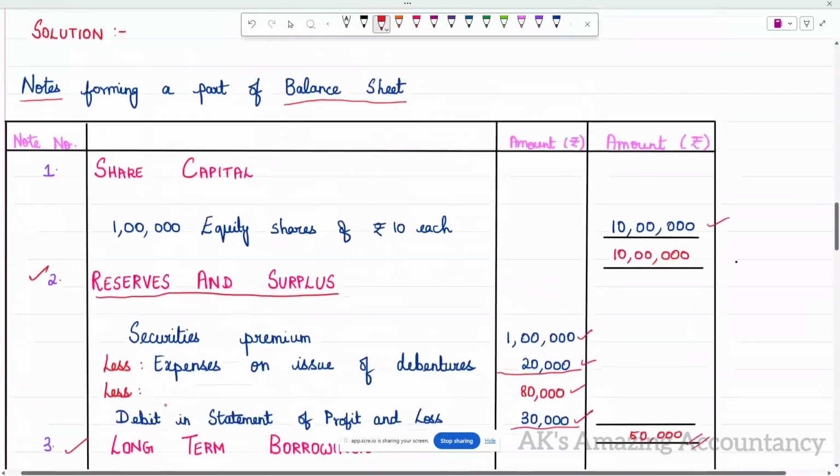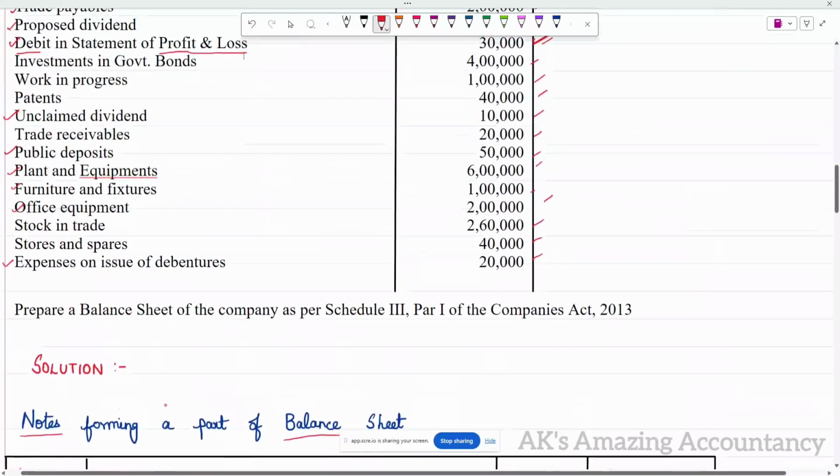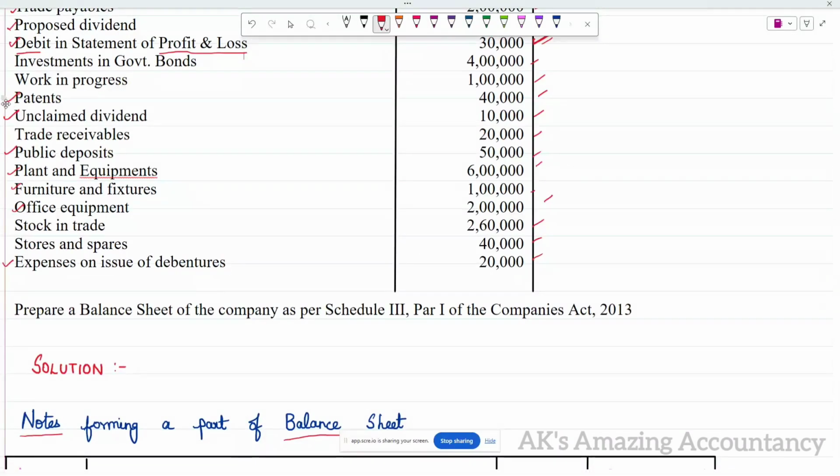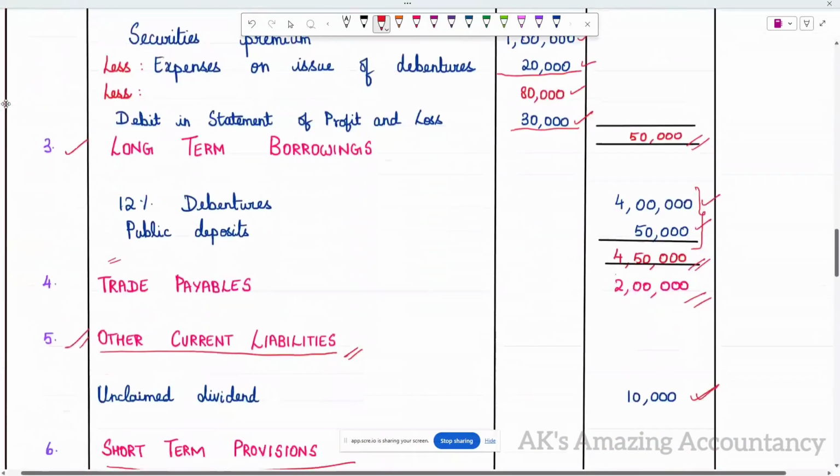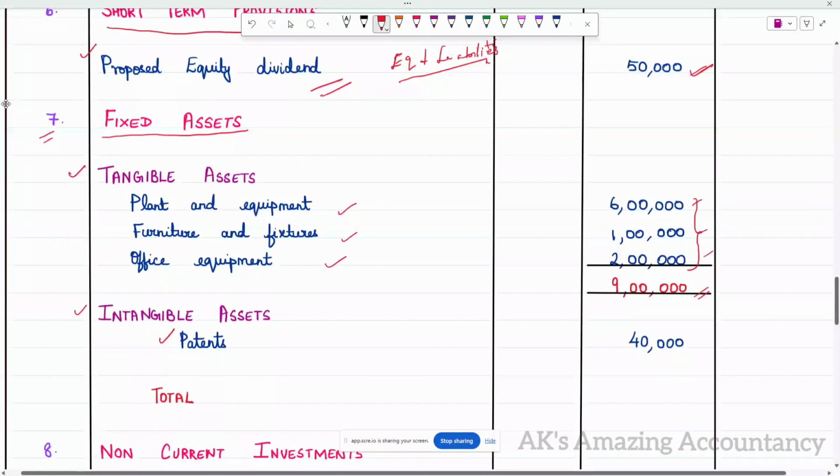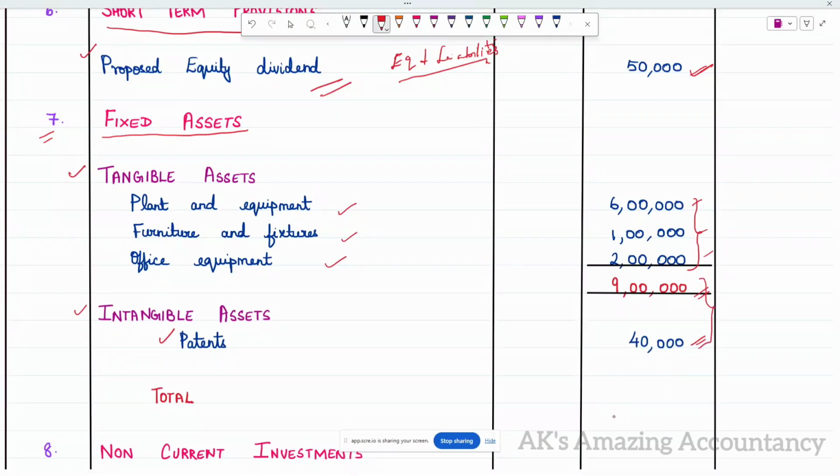So let us have a quick look at the problem. So intangible asset, we have one item here, that is patents. So this will come under intangible assets. So let us enter it. Patents 40,000. Okay. So now tangible and intangible assets put together, you will be getting a total of 9,40,000. Okay, so this will be the total for note 7,